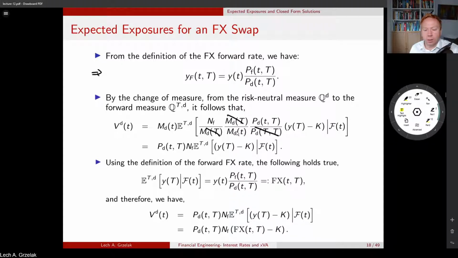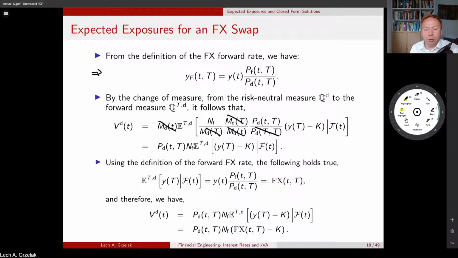This quantity is measurable with respect to this filtration, so we can also take it outside the expectation. And then we have this zero coupon bond, which is here. And this money savings account would also cancel with this. So first we take it outside of the expectation because it's measurable, and then we cancel with this money savings account. So at the end, we end up with a zero coupon bond times the notional in foreign currency,